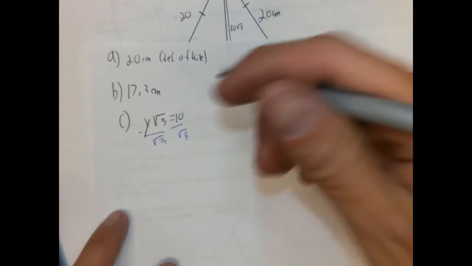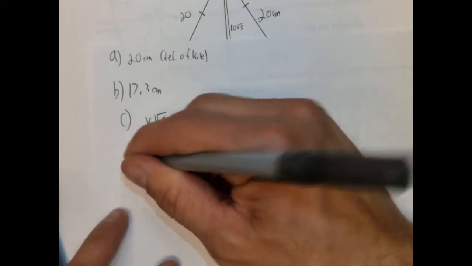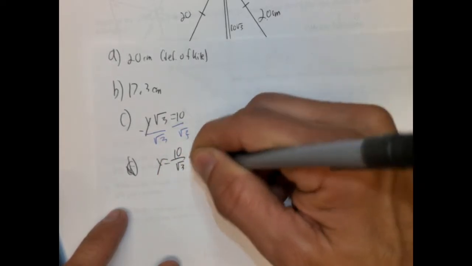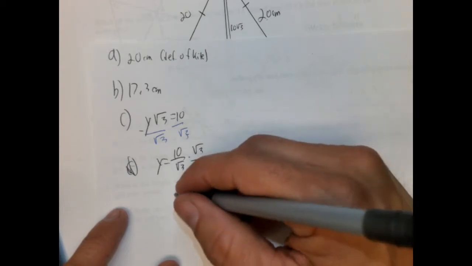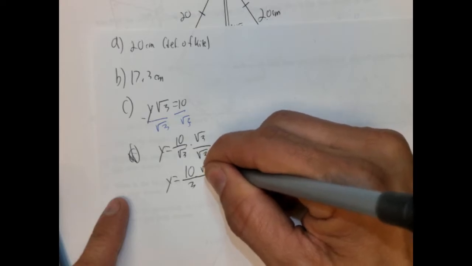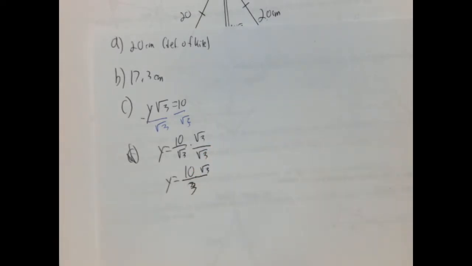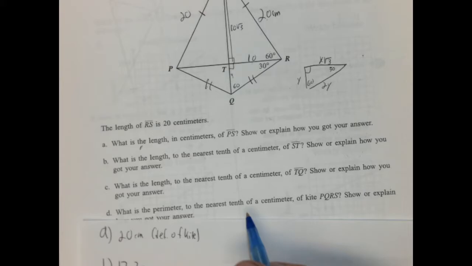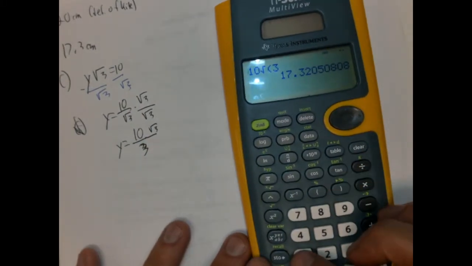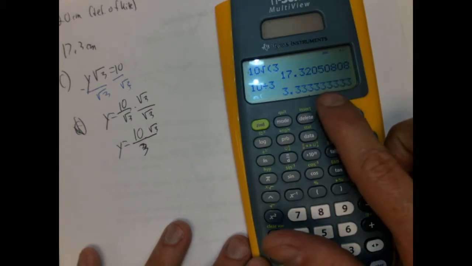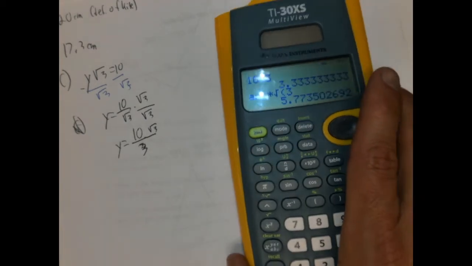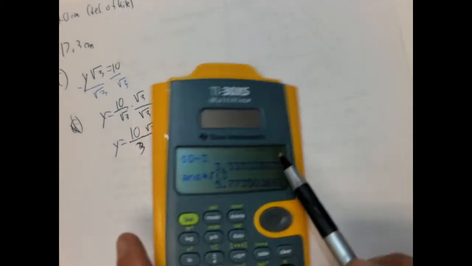And we're going to get y equals 10 over radical 3. Oops. And we're going to multiply the top and bottom by radical 3. So we're going to have y equals 10 over 3 times radical 3. Okay. So it wants us to round to the nearest tenth of a centimeter, so let's go ahead and simplify that. So 10 divided by 3, 3 1/3, and we're going to multiply that by radical 3. So we're going to get 5.77, we're going to round that to 5.8